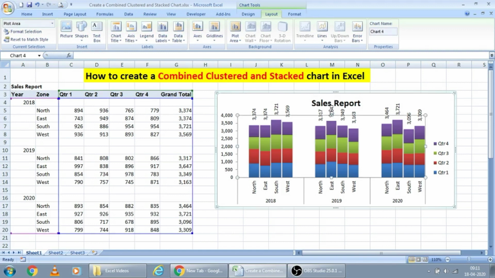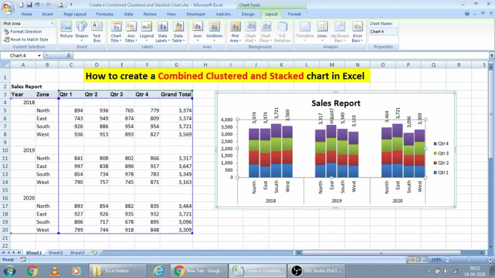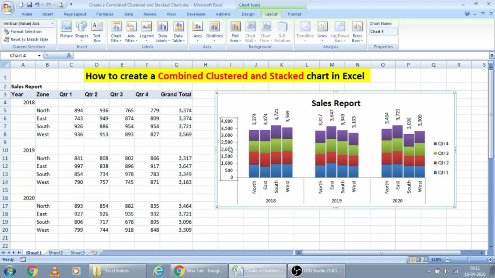Now these labels have been merging with this chart title. For that, just reduce this area size. Drag it somewhat down here, so that it won't merge with the header. Now I am deleting this y-axis.